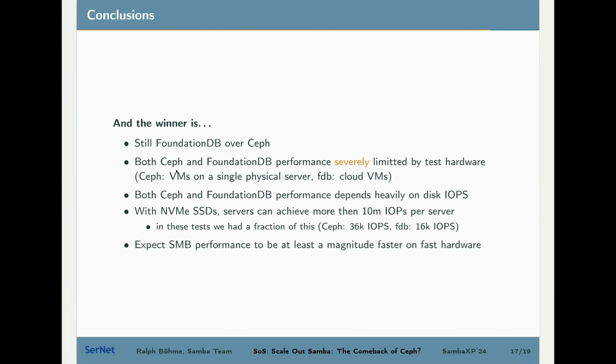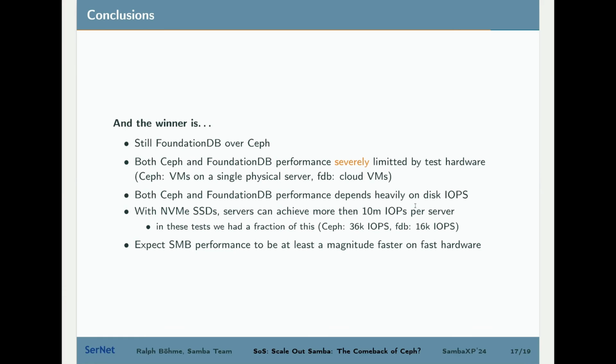For Ceph, I had VMs on a single physical server, and for FoundationDB, I was using insanely slow disks on cloud VMs. It's a known fact that Ceph and FoundationDB database performance heavily depends on this.